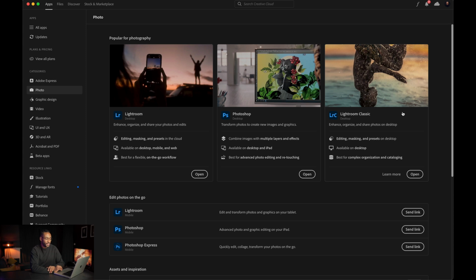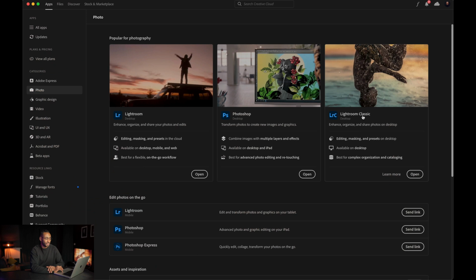Okay guys, so we are here on Adobe Creative Cloud, and if you're a photographer or enthusiast photographer, I am sure that you're already familiar with the Lightroom Classic, which is the tool that a lot of photographers use for editing their RAW files. But Adobe offers another one called simply Lightroom. And actually there is a lot of confusion between photographers on what's the difference between the two, especially that both of them, they offer the same sliders, the same tools, the same capabilities, and produce the same effect.